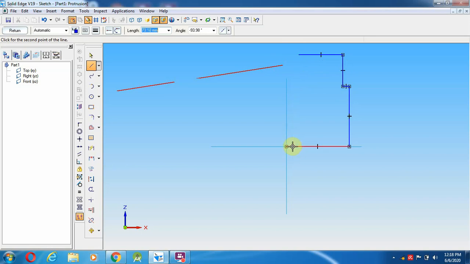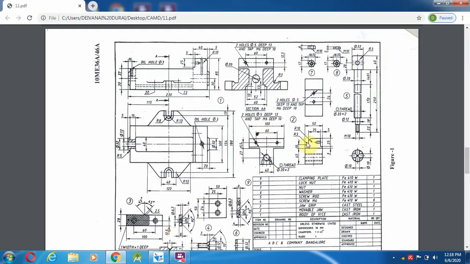The remaining, the total length is 50 mm, so the remaining we have to make. For this, what is the height over here? The total height will be 45 plus 3 plus 25, 45 plus 25, 70, 73. So 73 minus 55, we are going to find this length.